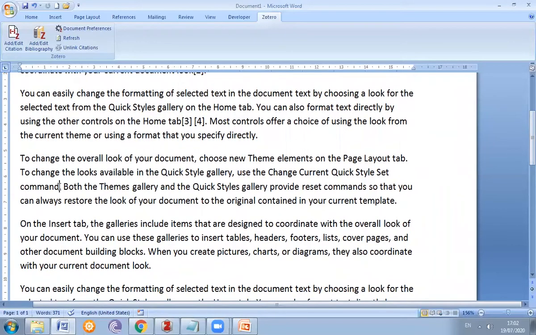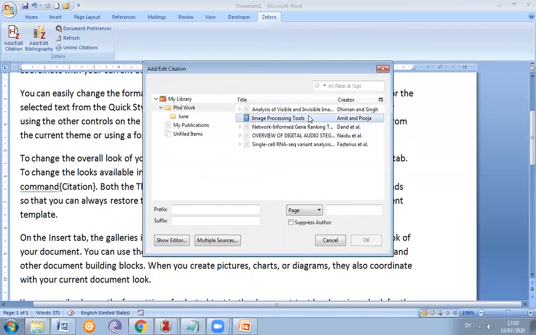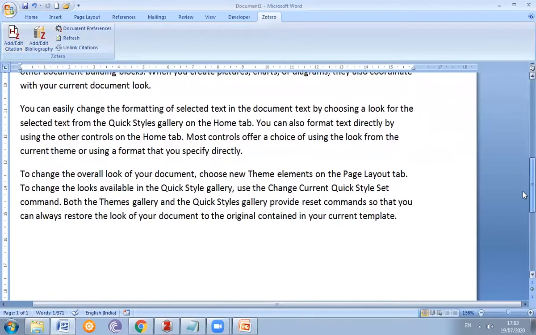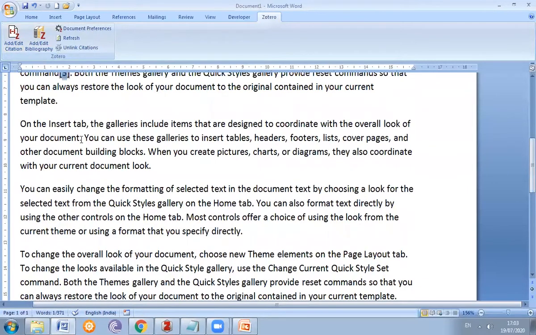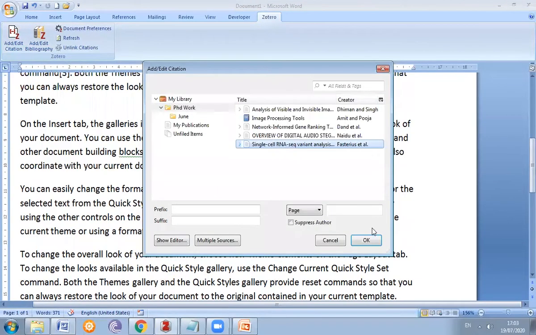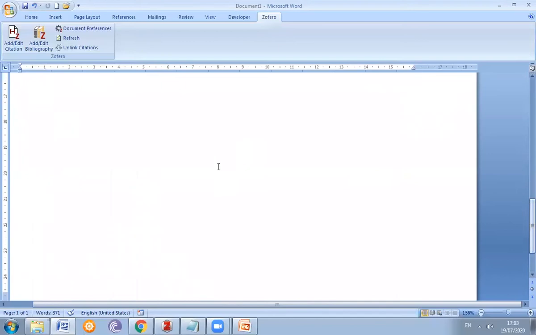Now here, if I want to add the same already added things, then click here and then classic view. In this classic view I add here. So here you just check that the third number is already cited, so here we also add the same thing, so that in this way we can add different references. It means that we cite our references here, then we add this thing, so that in this way we can cite our papers.